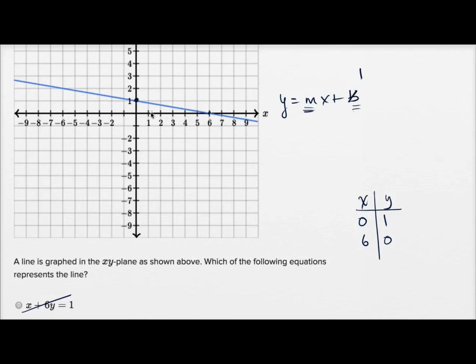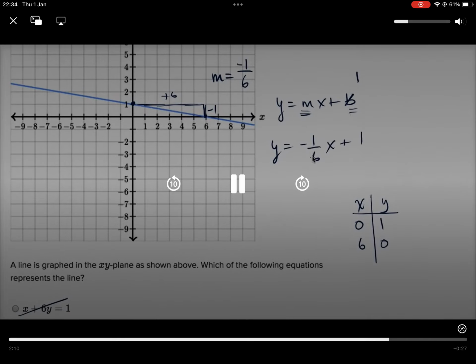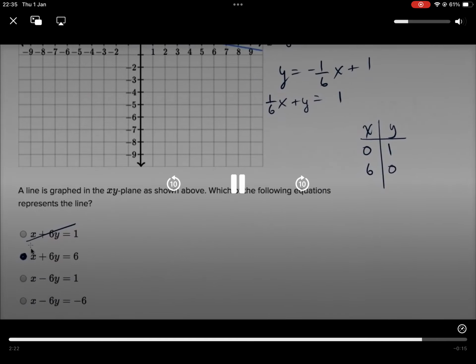And what's the slope? Well, slope is our change in y for a given change in x. And we see when our change in x is positive 6, our change in y is negative 1. So our slope is